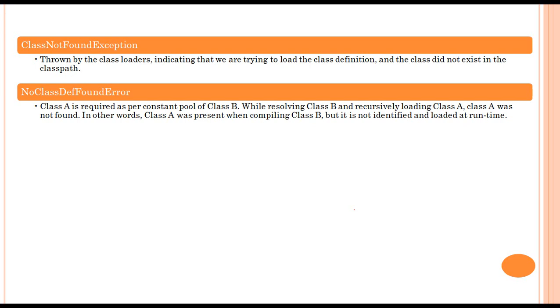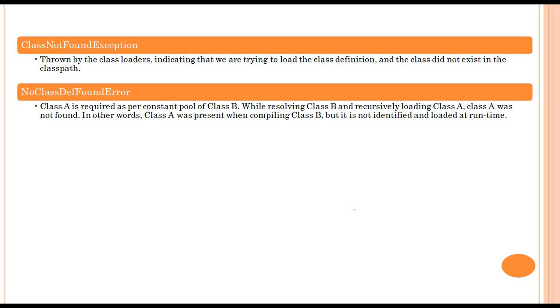But there are cases when the classes are compiled fine, and when the classes are getting loaded into the memory, one of the referenced classes is not found. So let's say we have an example of class A, which is being referenced by class B, and at compile time, class A was present and class B compiled fine.